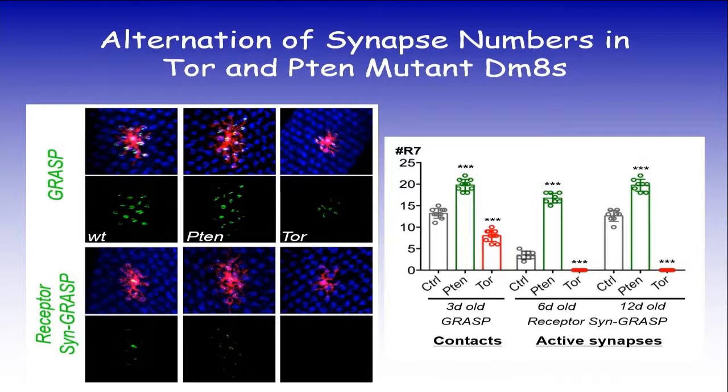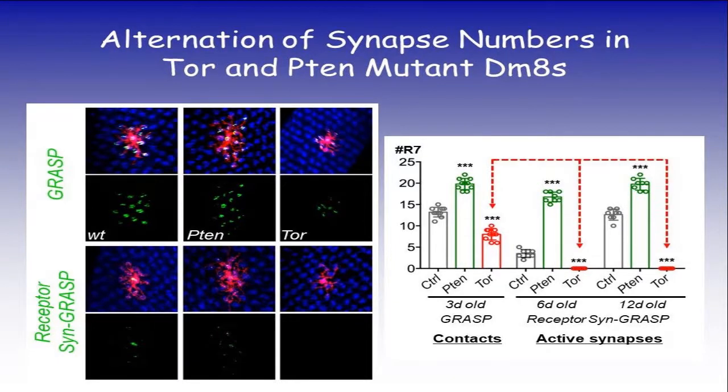And perhaps more interesting is the TOR pathway itself. When you remove TOR, you get a smaller dendrite. You get about the right number of contacts from the simple GRASP method, but the activity that you see is essentially zero. So what this tells you is that the TOR pathway likely has a dual function, not just changing the size of the dendrite, but also affecting the active synapse formation. I think that's something we need to start looking into in all the diseases that involve dysregulation of TOR. It is shown here with the statistics.